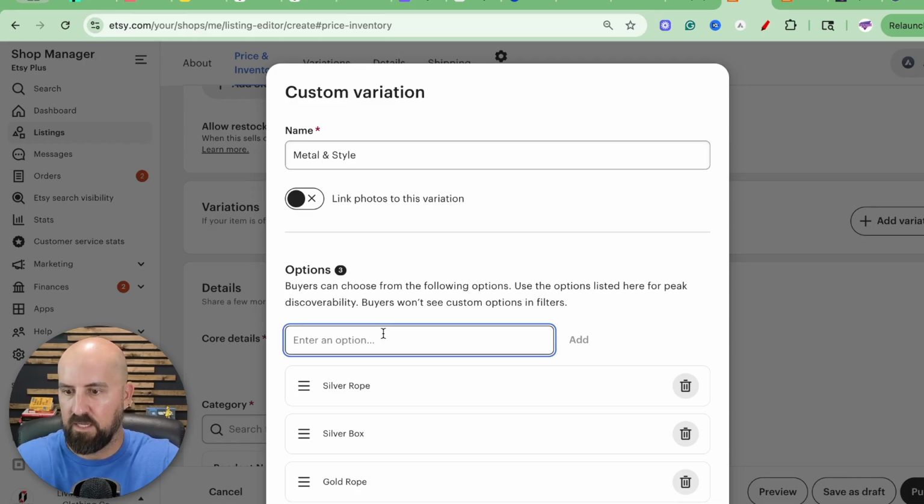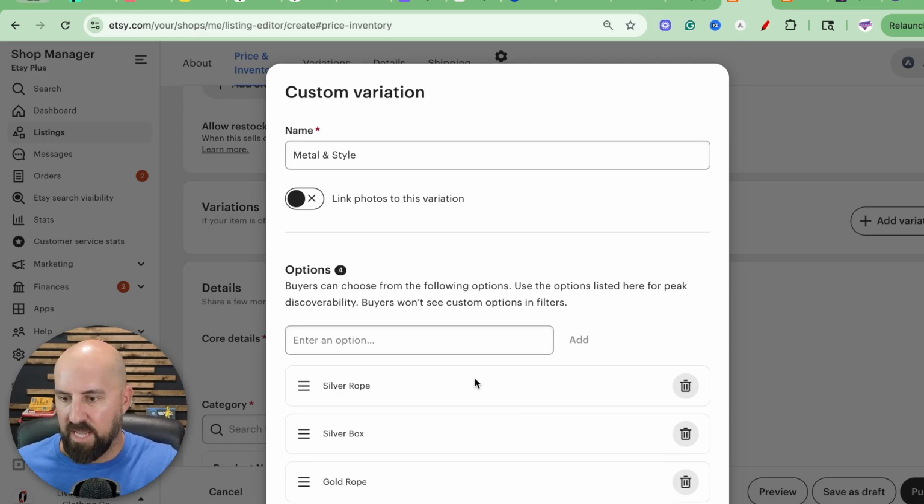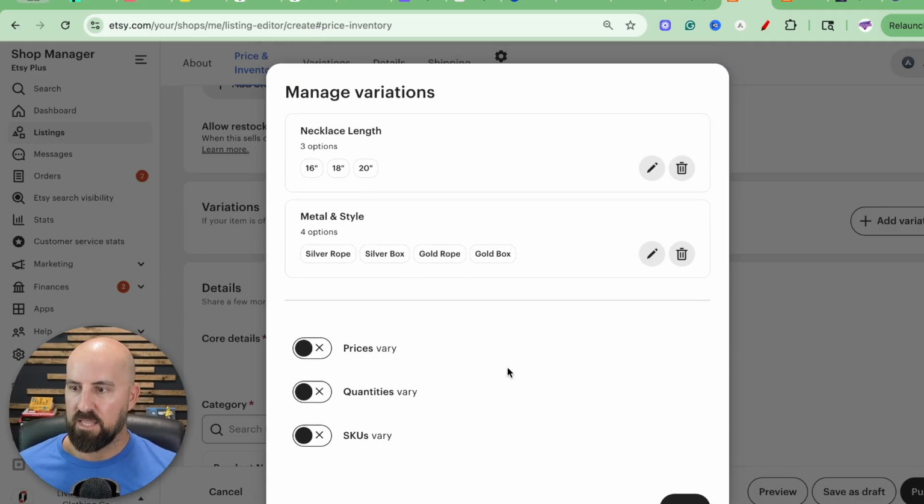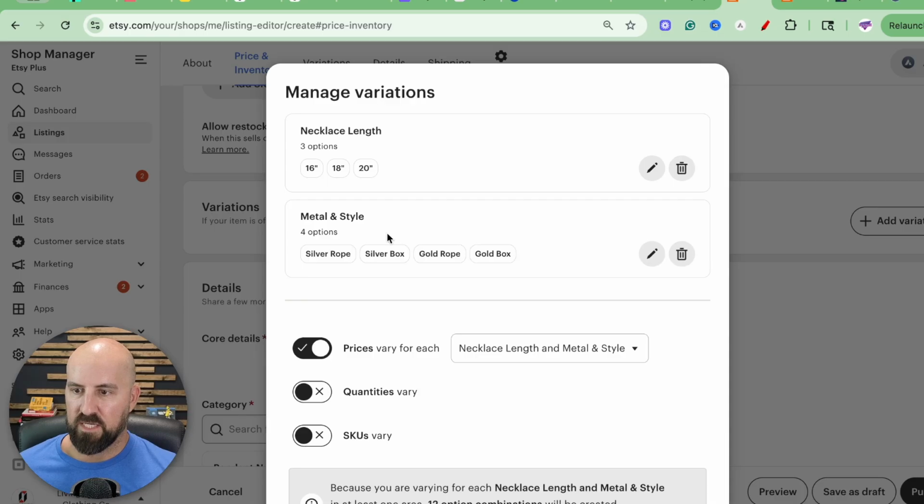Add that. And then we will do gold box. And we will add that. So there's our variation. So we're going to hit done. And then one thing that you're probably going to end up doing is selecting prices vary for each, because I'm